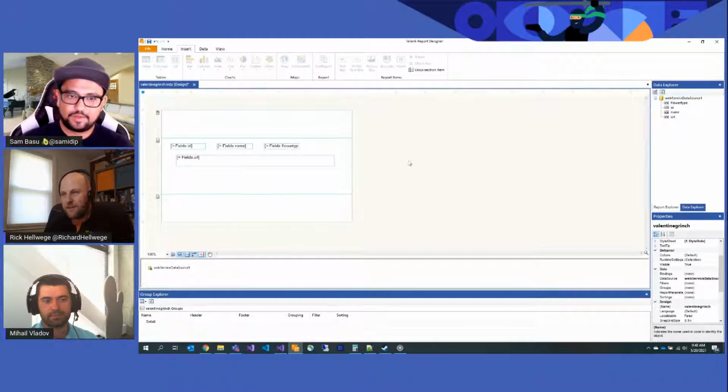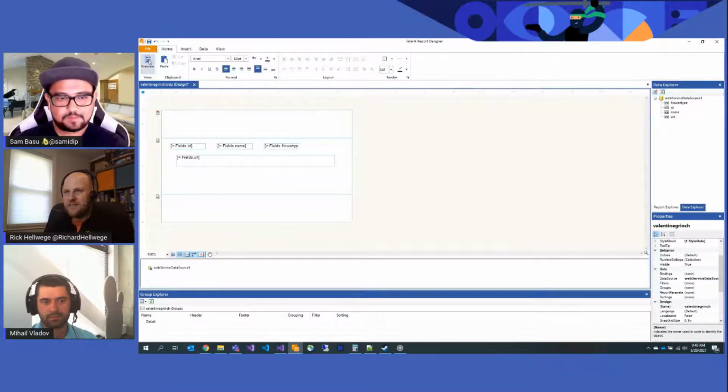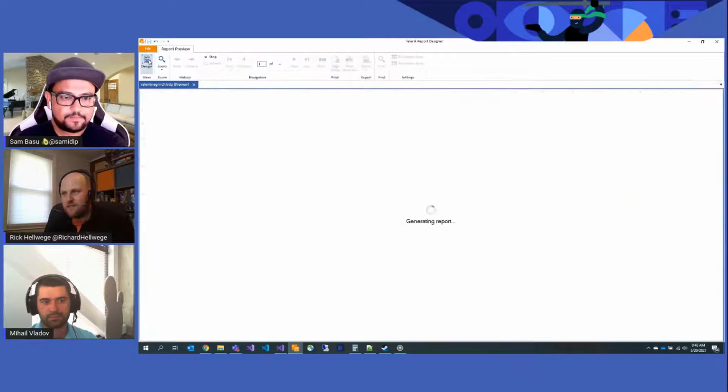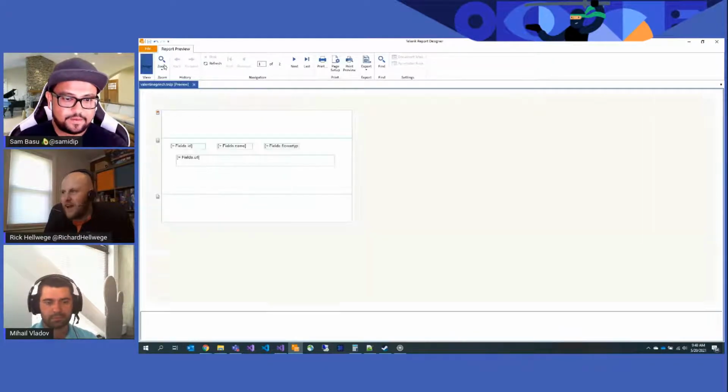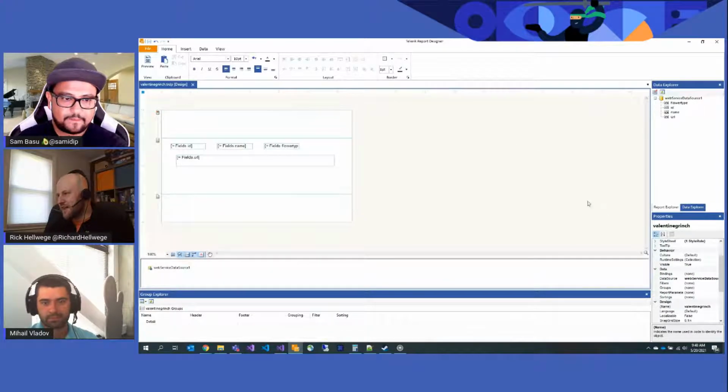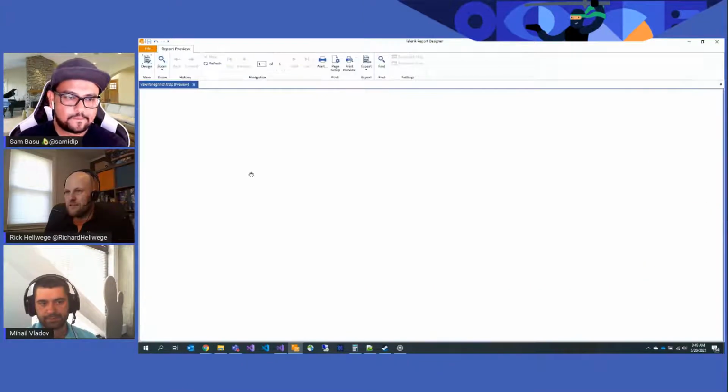So we have some fields in the report now. So let's go ahead and hit preview and see what we get. And there you go. So we have a basic report. Actually, to be honest, I was trying to intentionally create a failure. So I'm going to go back and I'm going to make this fail because I wanted to show a very common mistake most people will make when first building a report. They'll end up with a report that looks like this, and you get a blank screen, and you say, "What the heck is going on? There's nothing here."